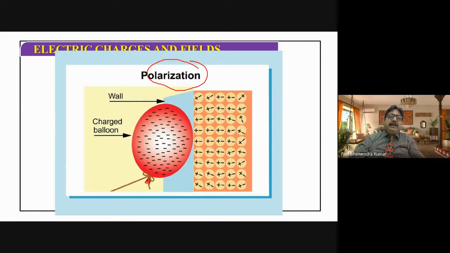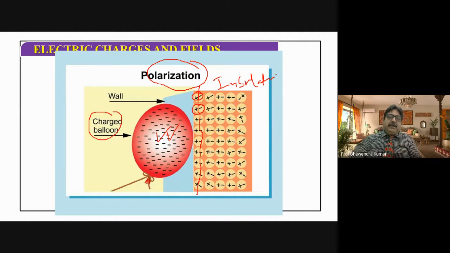So you can see that on this side, it has become positively charged because it is lying close to the negatively charged balloon, and the electrons, they will be repelled by these electrons, but these are not free. Wall is not made of conductor, it is also made of insulator. So what will happen? The electrons will be repelled, so it will get polarized because of the presence of the